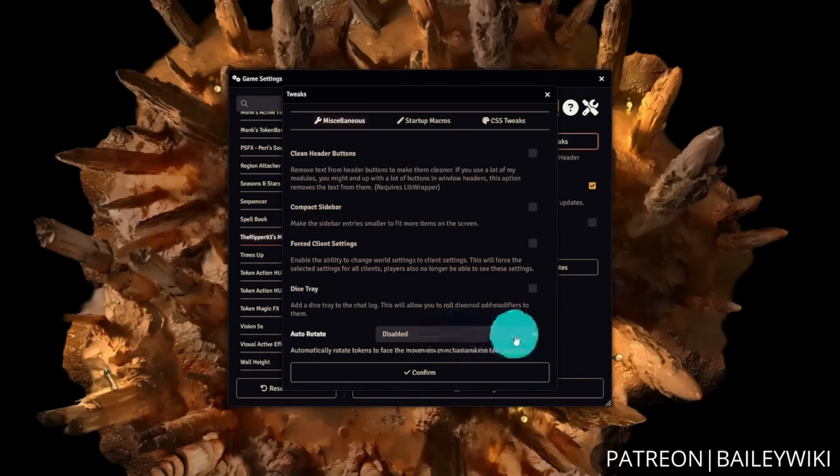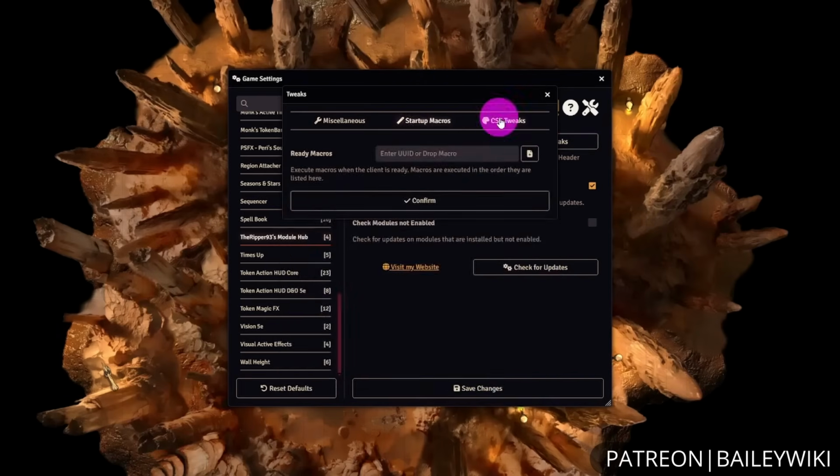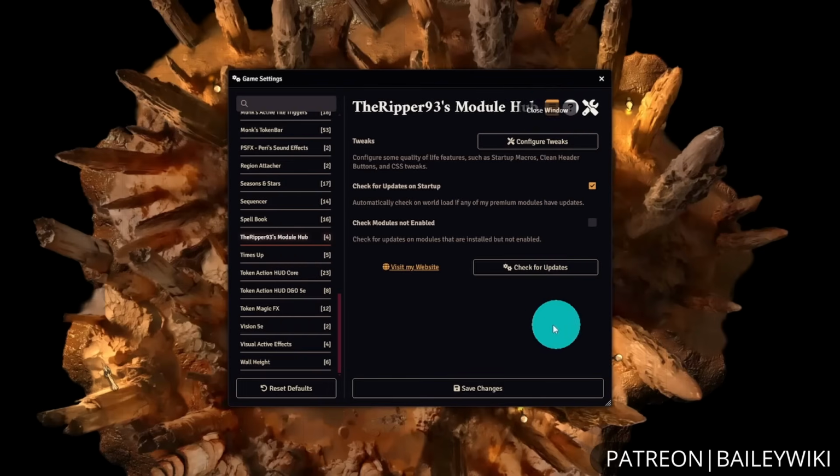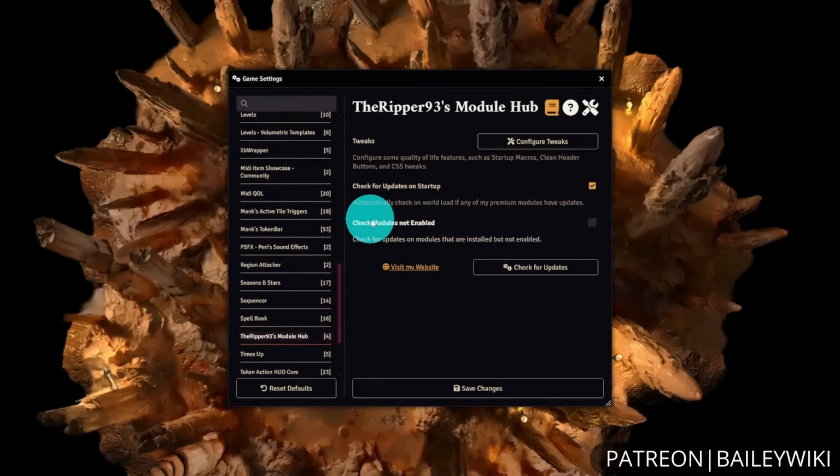Additionally, you can use this to globally turn on and off auto rotate for different things. So that's pretty nice there for the targeting and everything. Start macros and CSS tweaks are going to be more advanced features that are definitely outside the scope of this video, but I wanted to call this out. So that does it for the things that we basically just need to double check on, or really optional things in these tweaks. Now let's get into the real meat and potatoes of our settings, and we're going to start